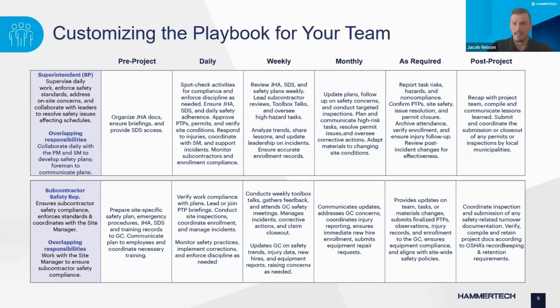Operationally, you may be adding things like attending a pre-task plan meeting once a week. PMs, if they're typically the ones managing schedule, we had them hold safety forecast meetings once a month. So to share with the project team the high risk upcoming activities for the following month. And this is one of those things that could be assigned to superintendents or PEs or project managers for various roles. And then, with safety,